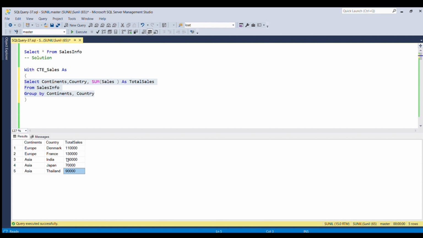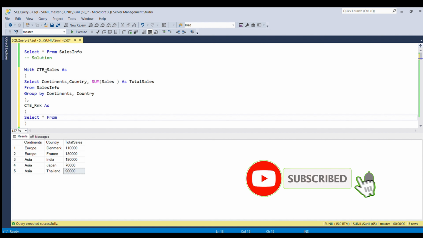So I have to get the maximum. How to get the maximum for each continent? For that I'm going to write another CTE, let's say CTE underscore rank, as, I'm going to open the parenthesis and then close the parenthesis, and inside this I'm going to select star from CTE underscore sales.